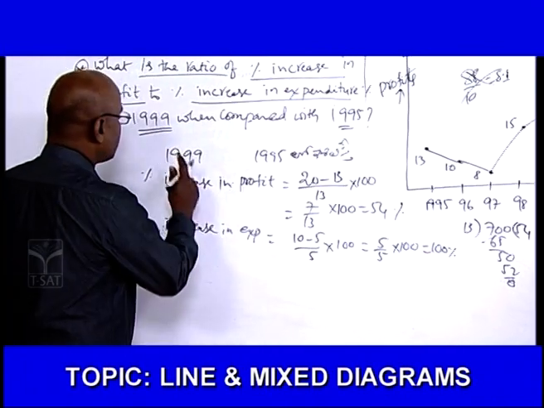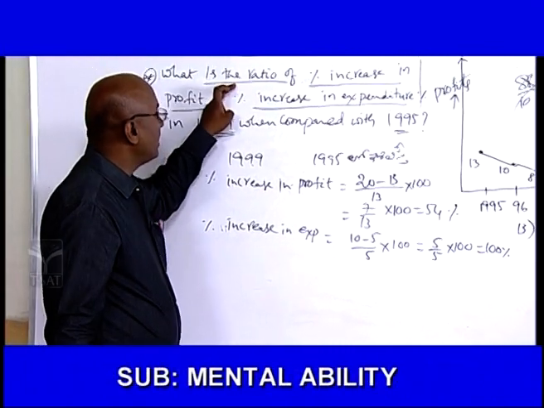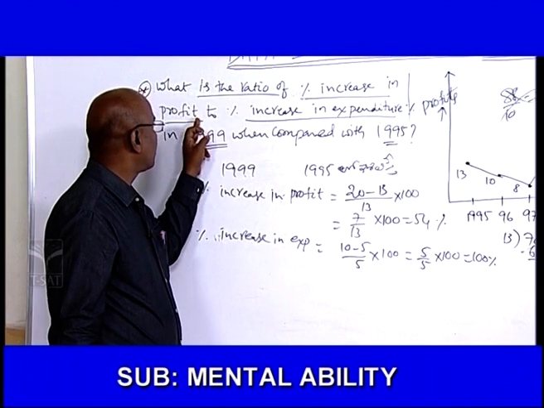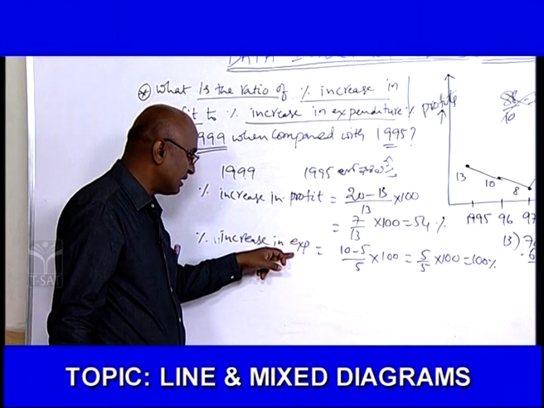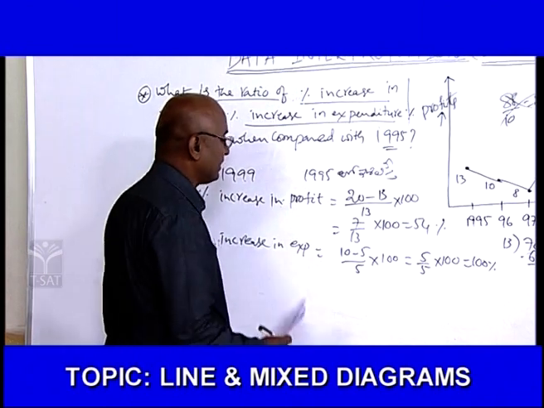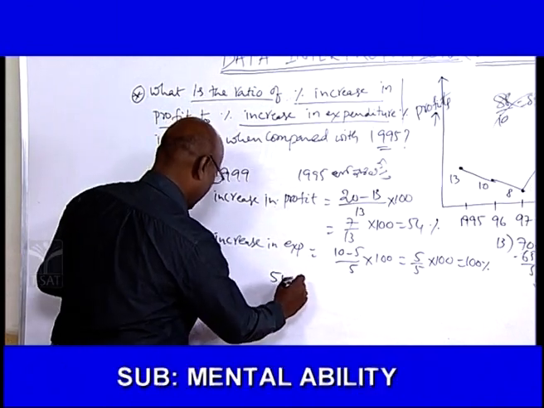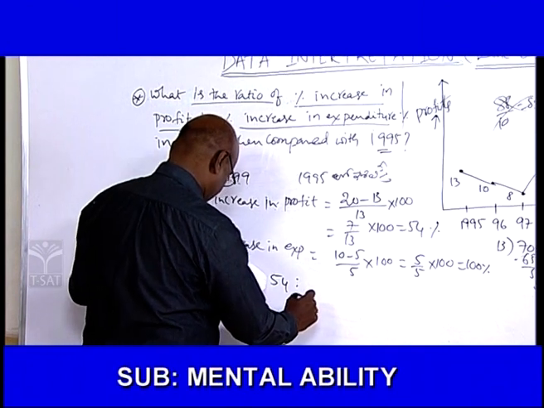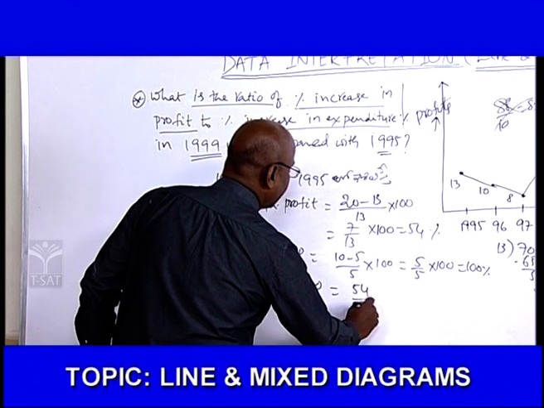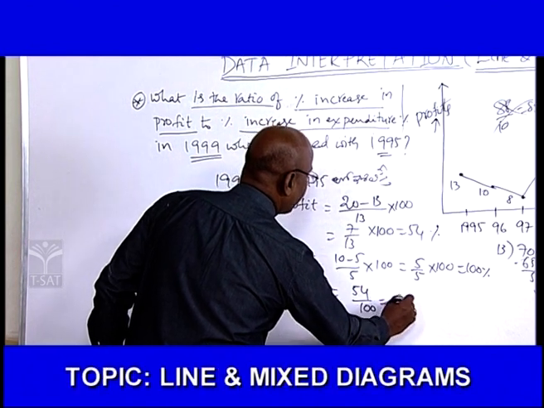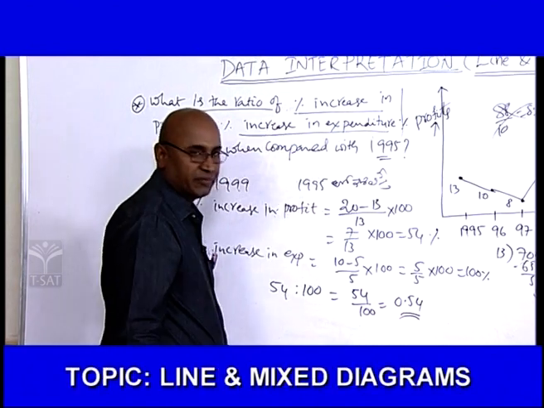So what we have to find now? The ratio of percent increase in the profit, this value, and percent increase in the expenditure, this value. The ratio of these two things, that is 54 is to 100, that is equal to 54 by 100, that is equal to 0.54. The ratio is 0.54, or